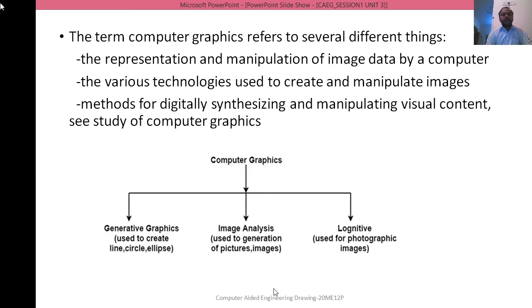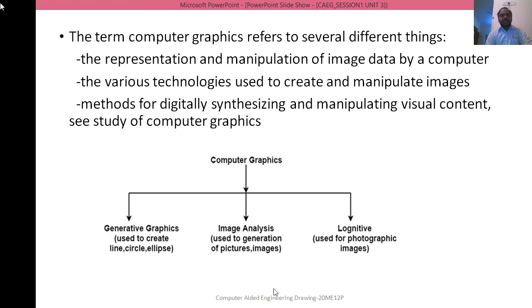The term computer graphics represents various things. It represents the manipulation of image data by using a computer. That means it represents the data of an image, and manipulates, that means changes, the data of the image if required, and also the various technologies that create and manipulate images.